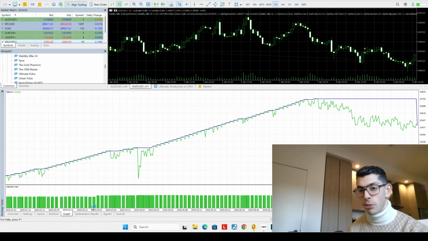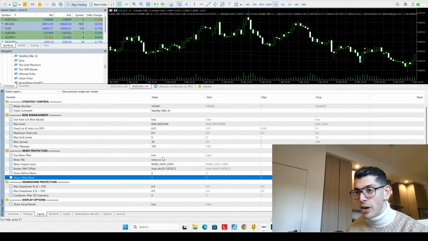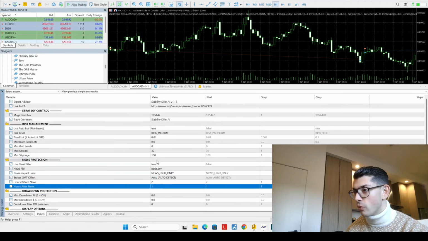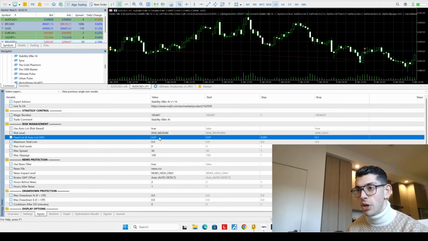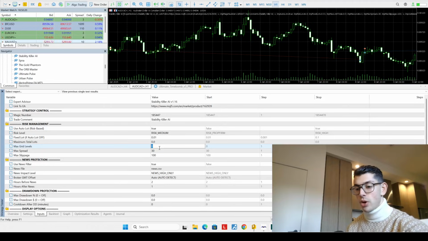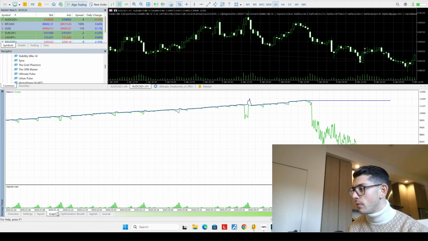Okay, clearly I did something wrong, so that would not work. Maybe you have to do it there, but I'm not so sure if he's enabling us to actually turn off the grid. True, risk medium, fixed lot, max grid levels. Let's try 5 instead perhaps and see what will happen there.